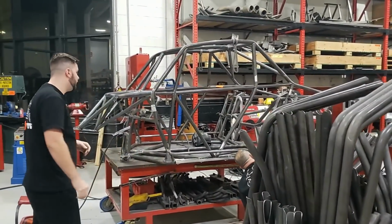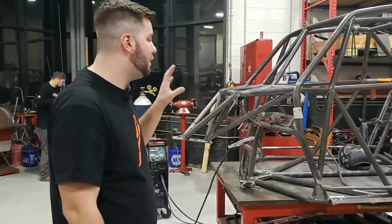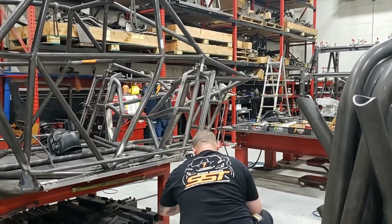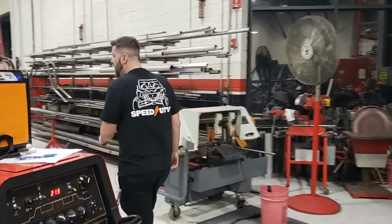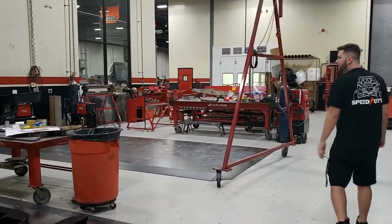Kenny's putting on some finishing touches to basically Nerf bar and body mounting fixturing for these race cars. So this one will be at the show in just a couple days. Coming through, notching tubes, notching bars. Max's car is getting a little